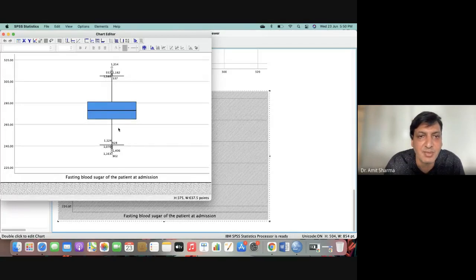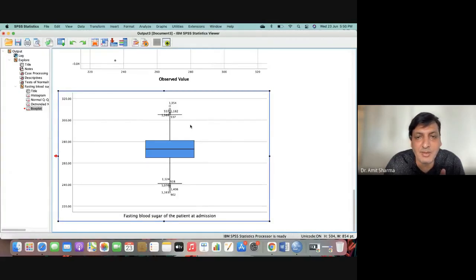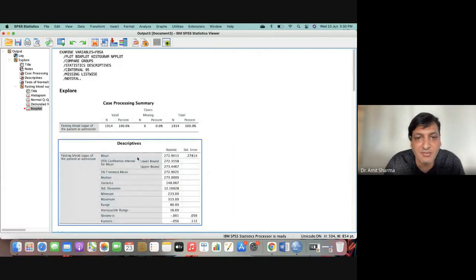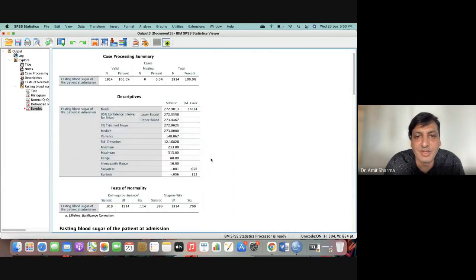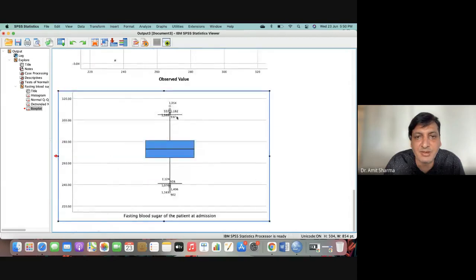We will see one example for 537 and 902. We'll remember 537 and 902, and our mean is 272. We'll look for case number 537 and 902 in the sheet to see what the difference is.